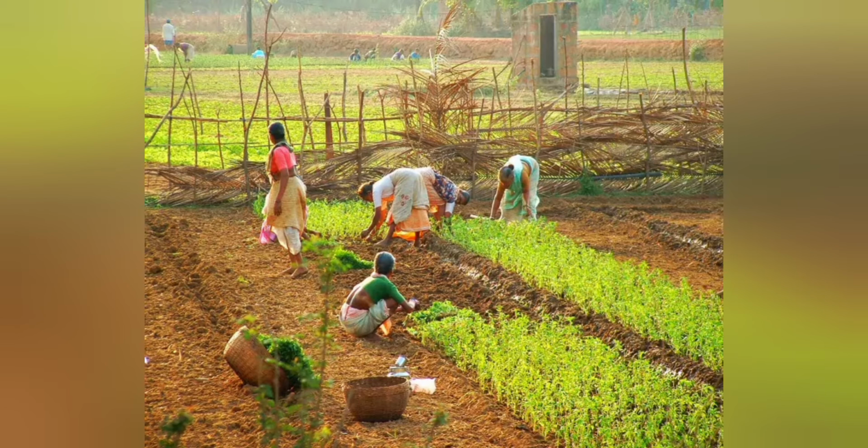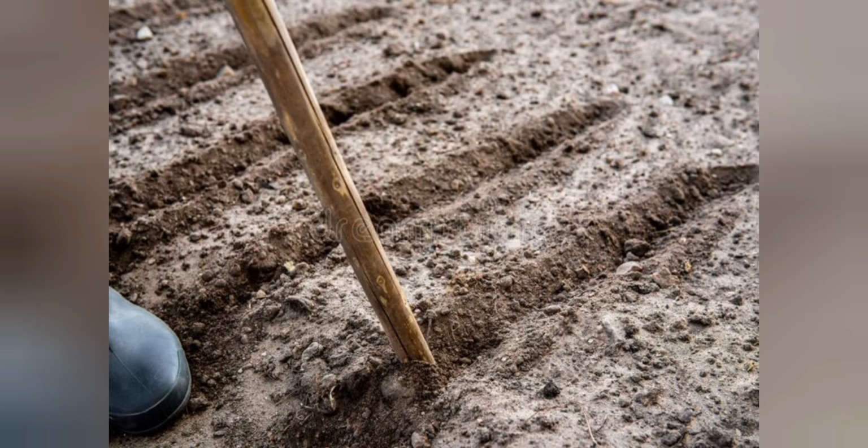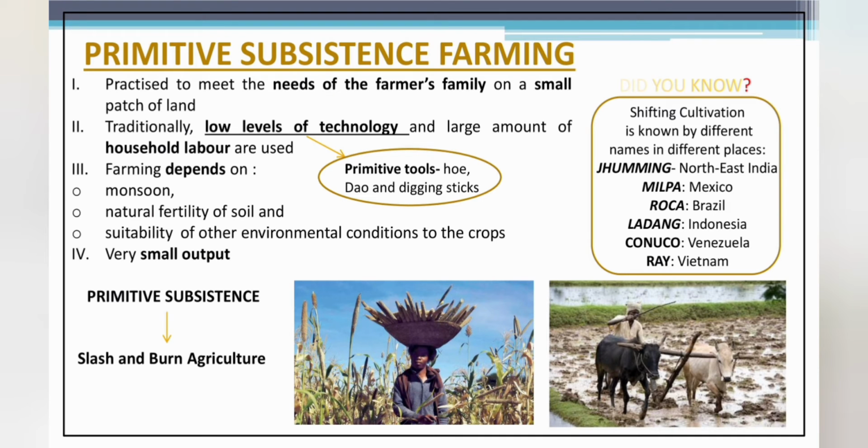Simple subsistence farming. Simple subsistence farming is practiced on a small patch of land with the help of tools like hoe, dao, digging sticks, etc. This type of farming is done either by family or by community labor. This type of farming mostly depends upon monsoon, natural fertility of soil, and other suitable environmental conditions for the growing